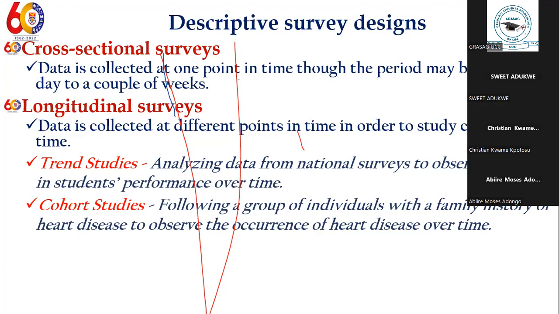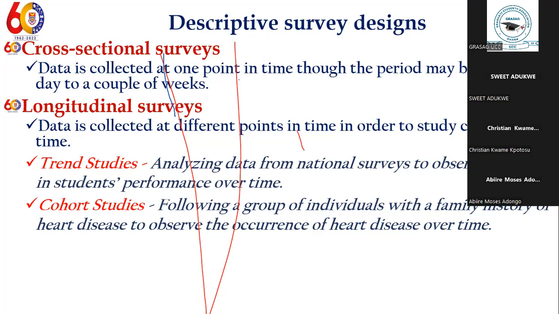So when you look at this, you see that these particular individuals are not changing. If it is 6 months you are going to do the survey, you will follow these same individuals over the 6 months period to determine how their heart disease is occurring, is diminishing, whatever that is happening in their life